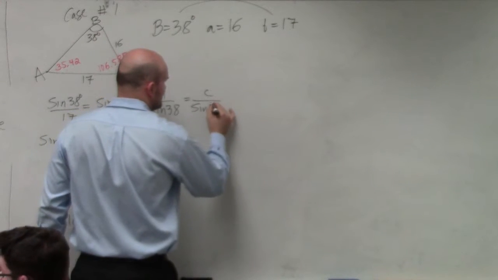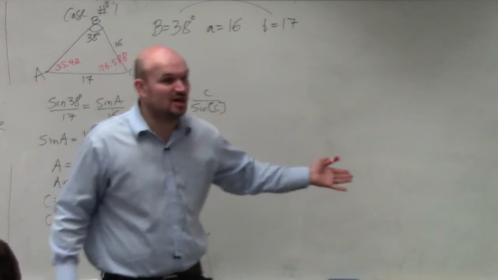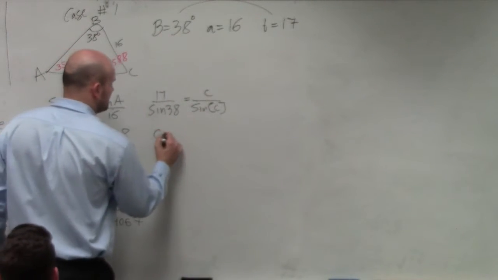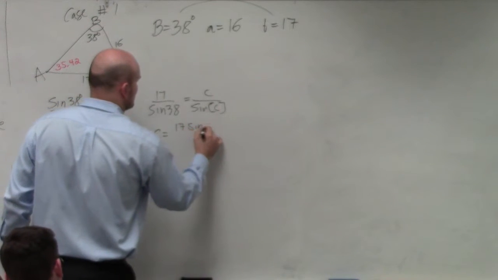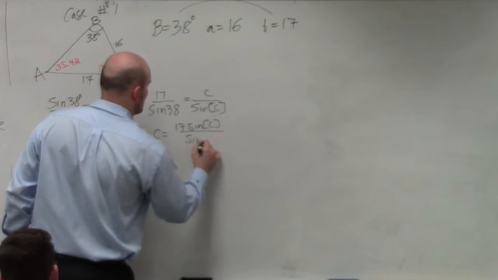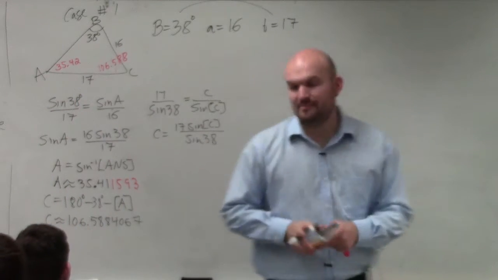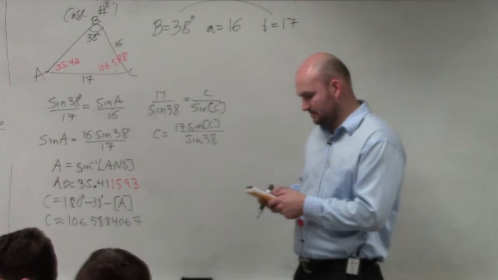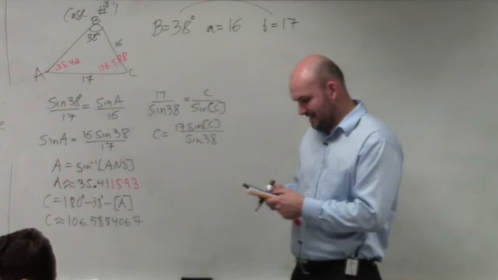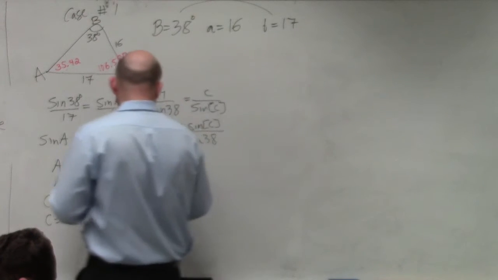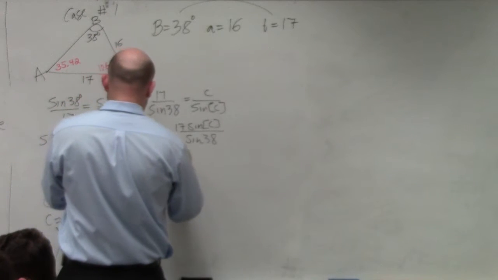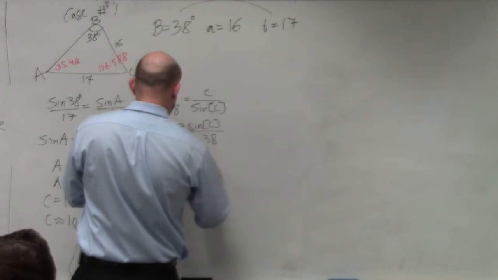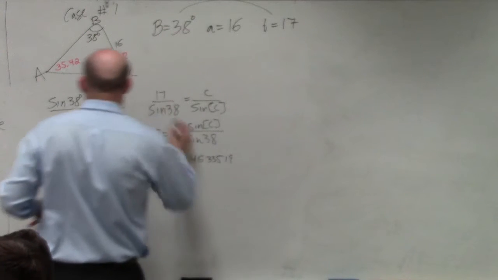So now, because you guys can see this problem, we're not even done with solving the first one. We still have another case that we need to check, right? So when I do this now, I can solve for C equals 17 times the sine of C all over the sine of 38. So in my calculator, I'll do 17 times the sine of alpha C divided by the sine of 38. And I get little c is 4633519, which rounded